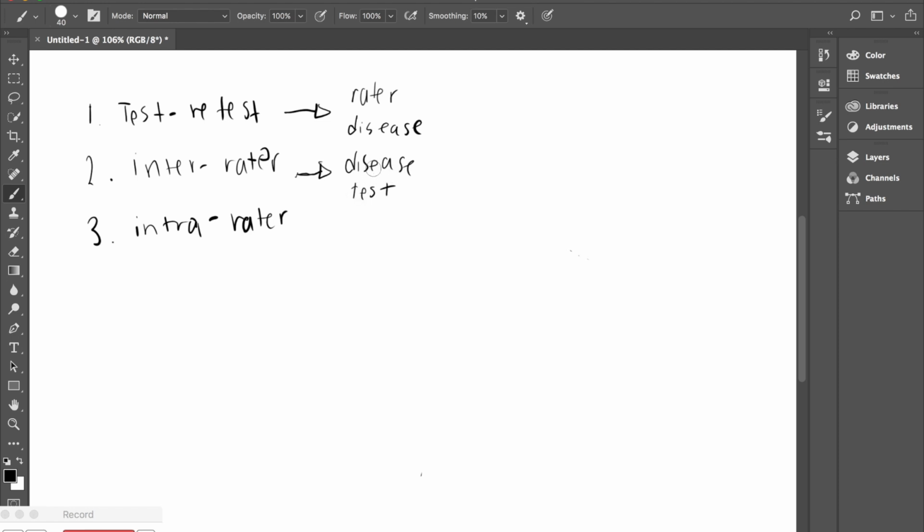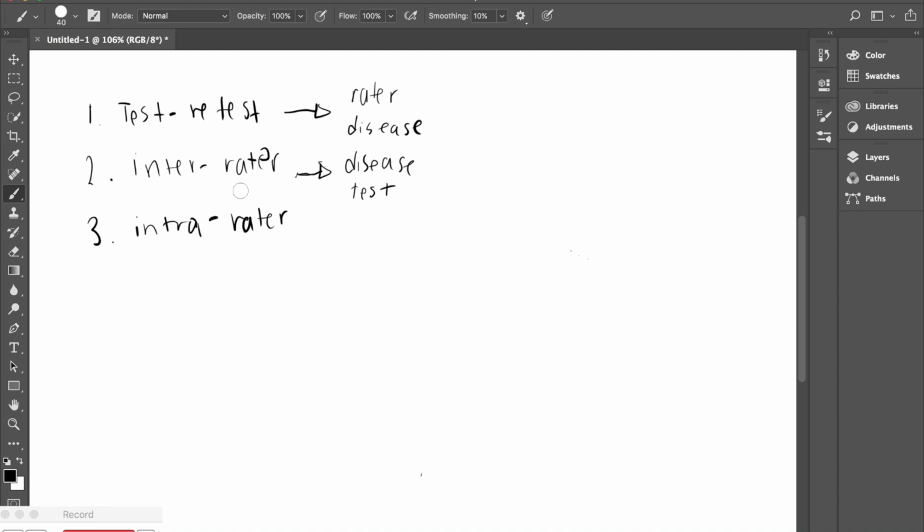And then the way that I do this is that I can take my test that is performed by different raters, and I'm going to do it at time 1, and then I can do it again at time 2, time 3, and I can continue to do it to measure my inter-rater reliability, to make sure that my scores are